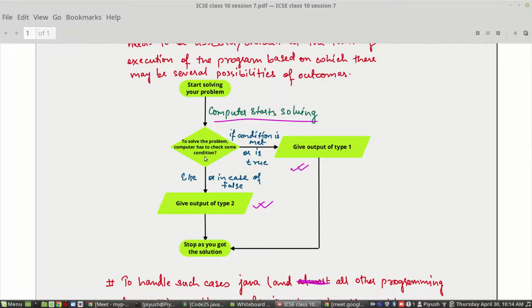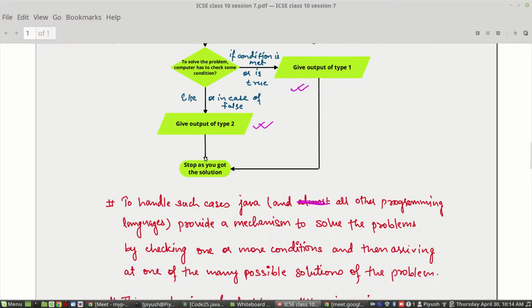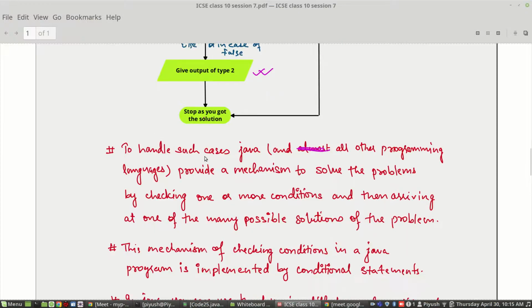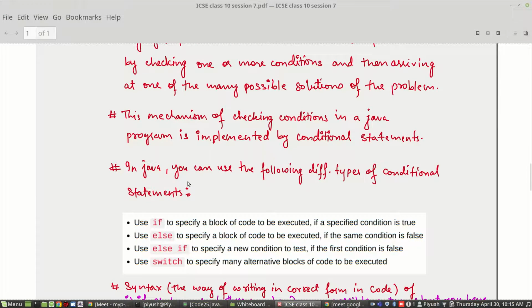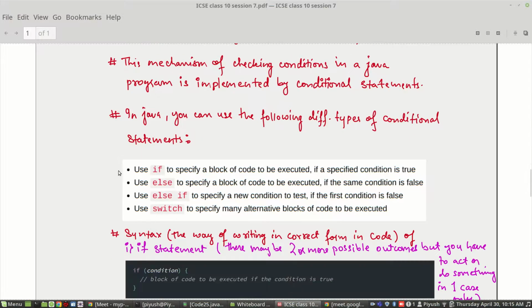Conditional statements are divided into four types: we started with if, then else, then else if, and switch.